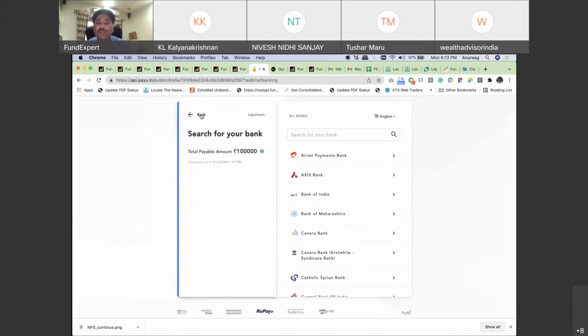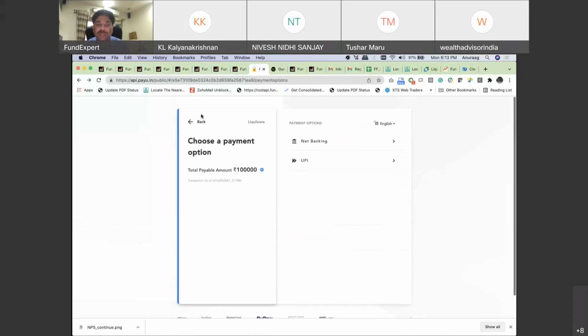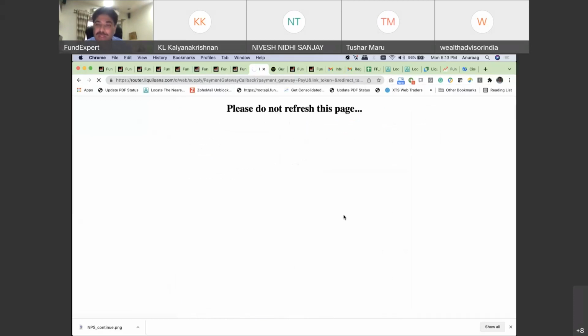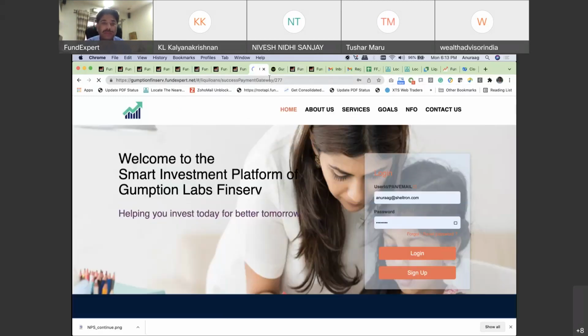So one option is you choose an online gateway and make the payment. That is one kind of option. The other option is to choose the option where you can make payment through UTR or RTGS. If you see that page, there is a payment gateway page also which comes.